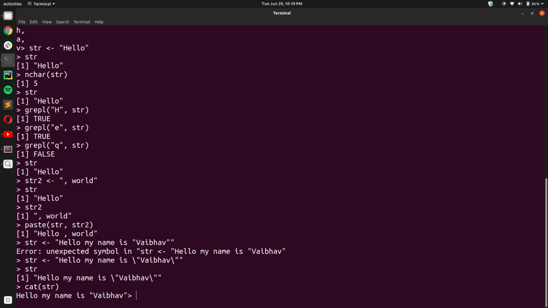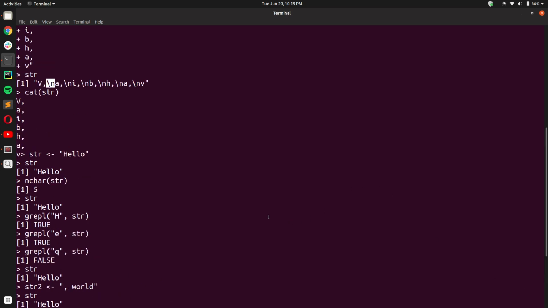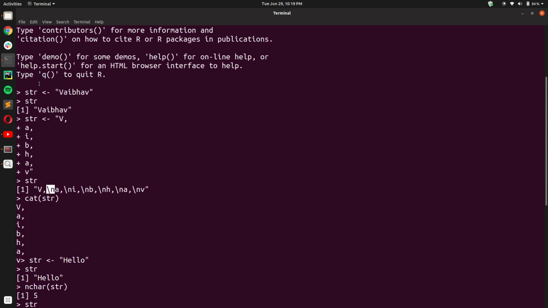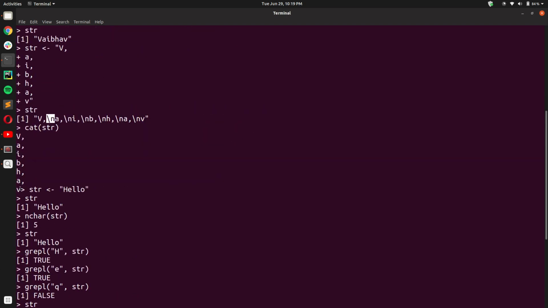However, please note that this cat function does not insert a new line, and your command prompt will start right at the output, right at the end of the previous function's output. So this is just a thing to keep in mind. You might have noticed this when I was creating my name on multiple different lines. Here, V and then the command prompt on the same line.